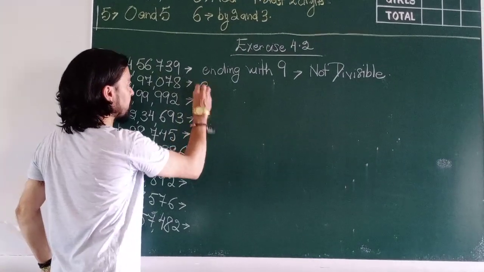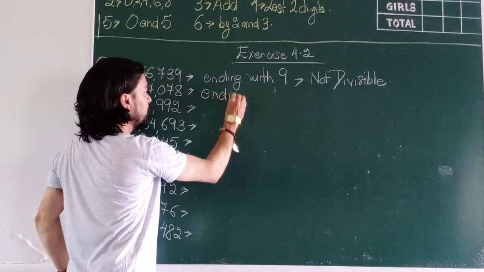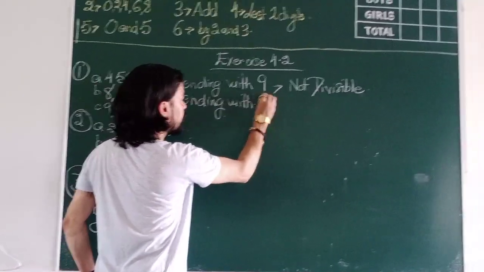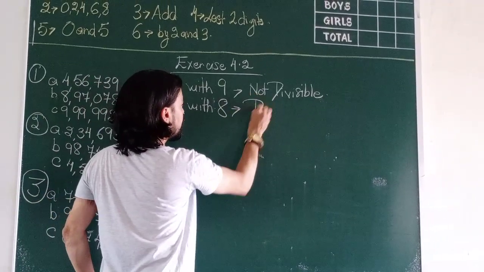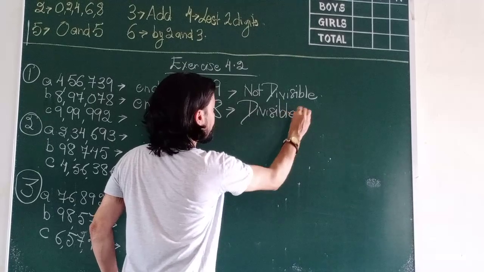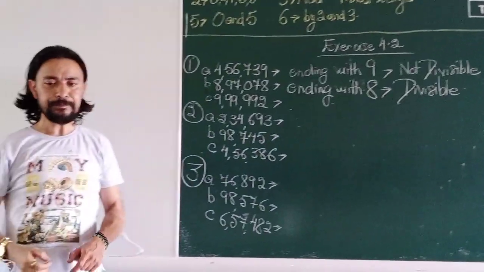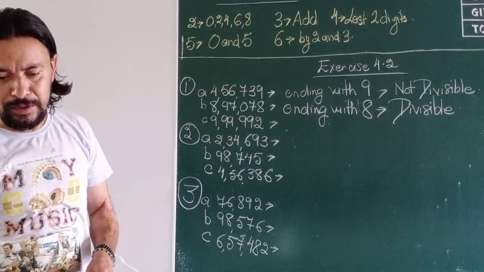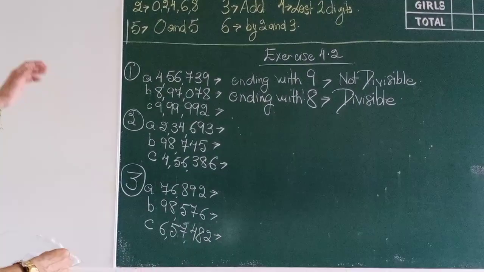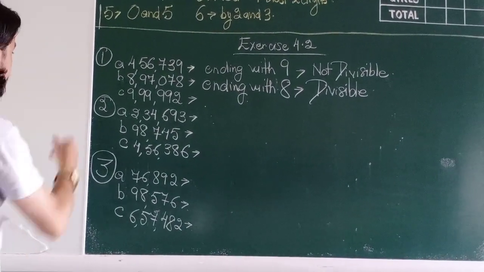So here I will write ending with 8 arrow divisible. We now move on to the next number, and the next number is